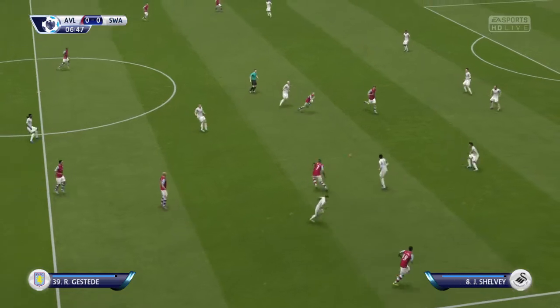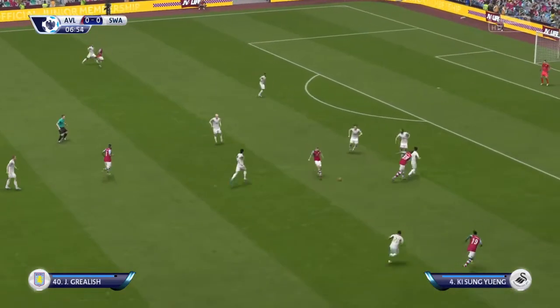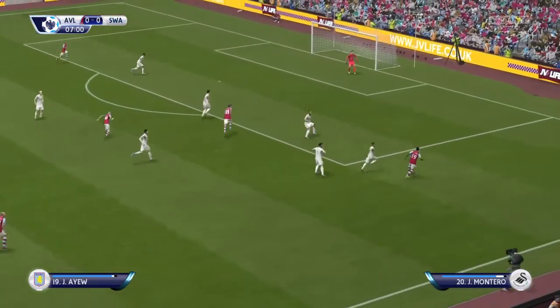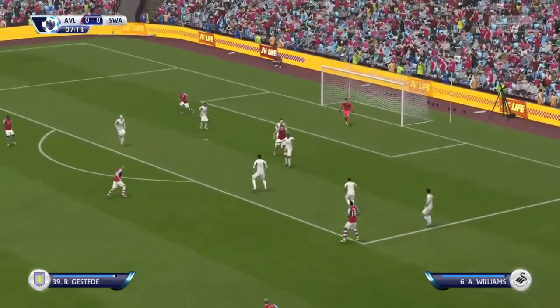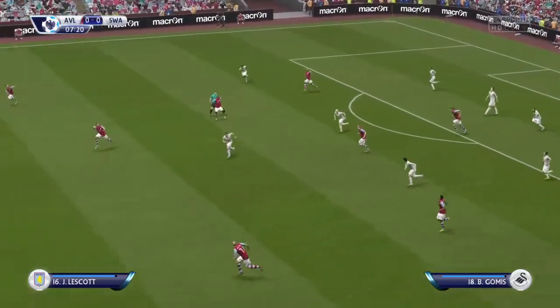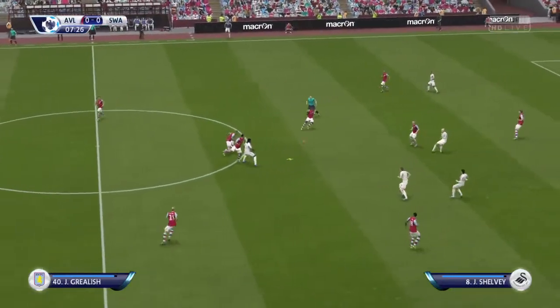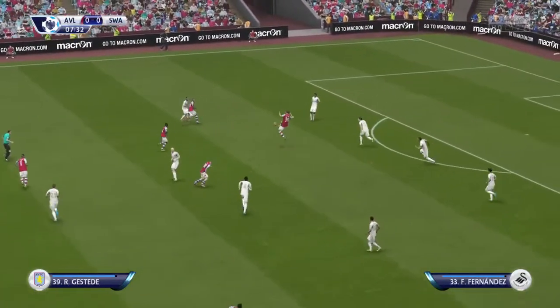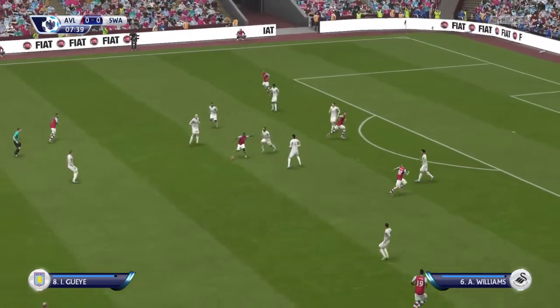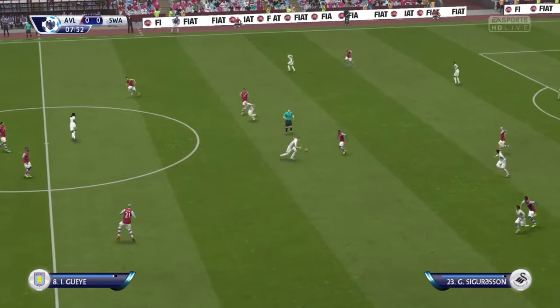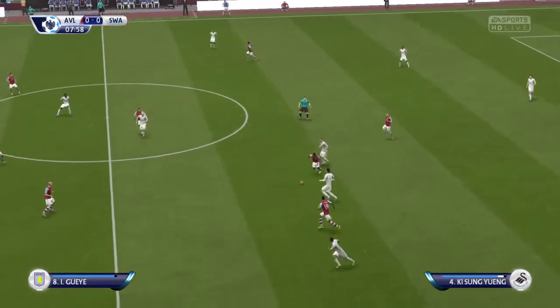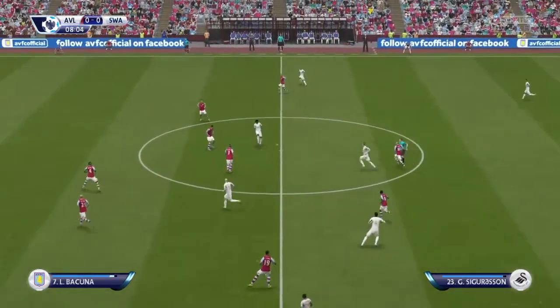Leandro Bacuna. Jordan Ayew. And in goes the cross. Idrissa Gueye. That will help ease the pressure. Well, that's a good challenge between the two of them there.